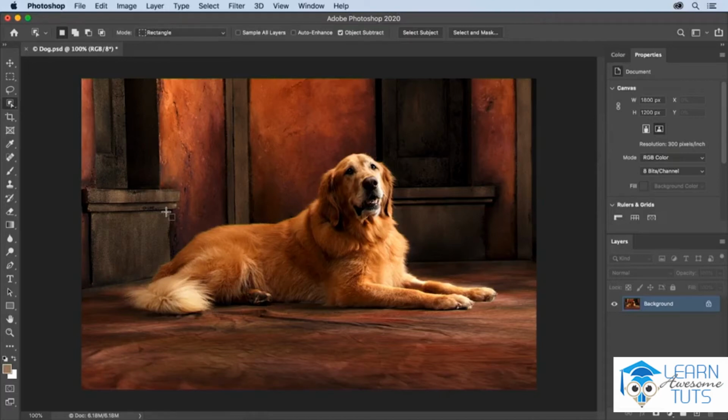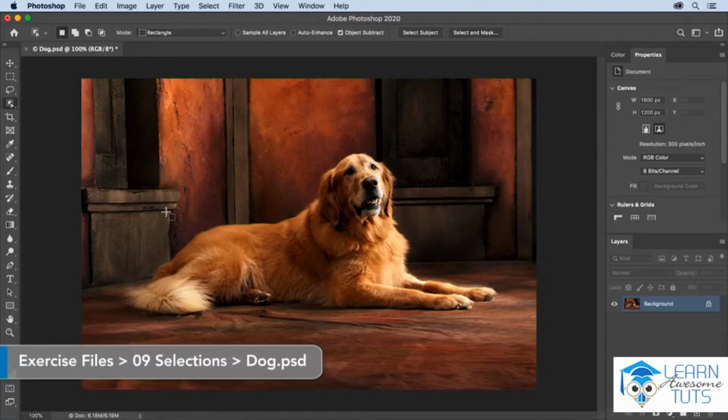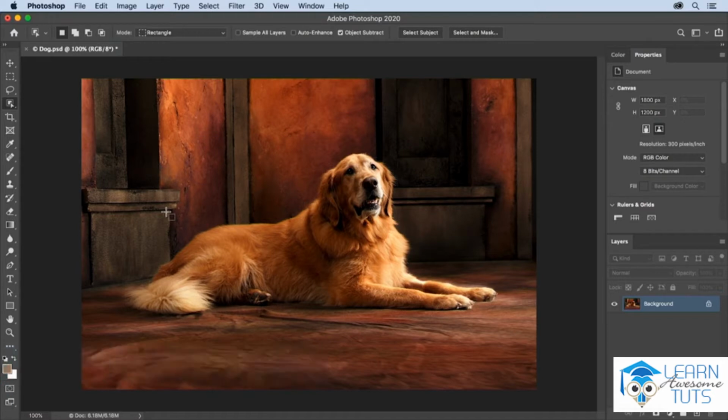In order to select a soft-edged object like this dog, we're going to use the Object Select tool to start the selection, but then we're going to need to go in and modify that edge using the Select and Mask workspace. In this case, I want to desaturate the background so that the dog stands out a bit more as the main subject. So I'll choose the Object Select tool, set the mode to rectangle, and click and drag over